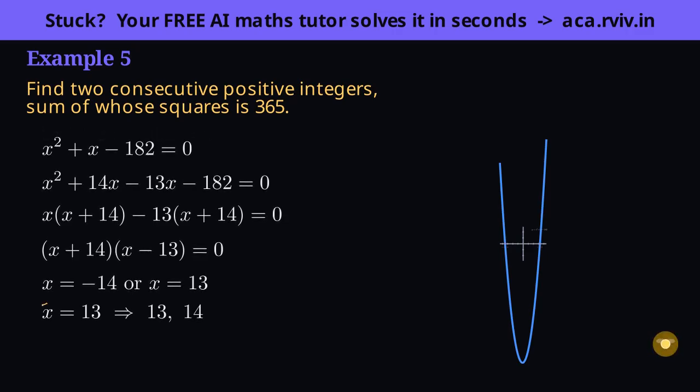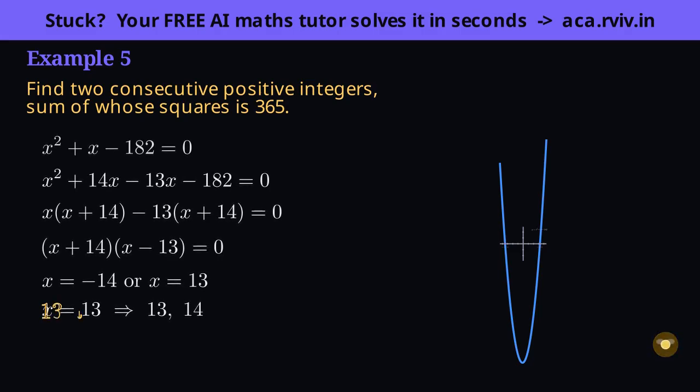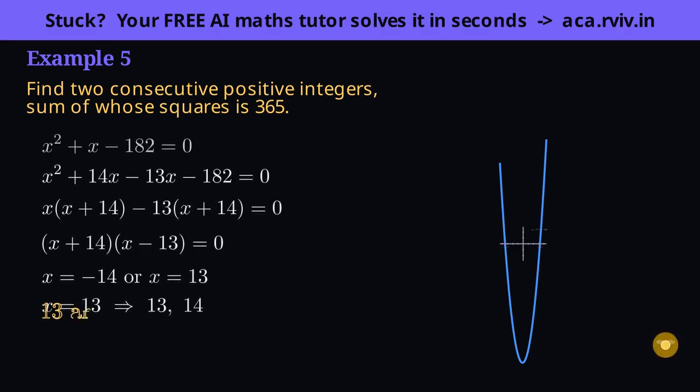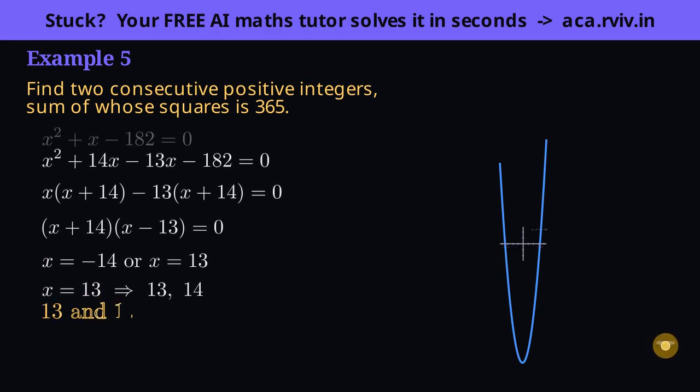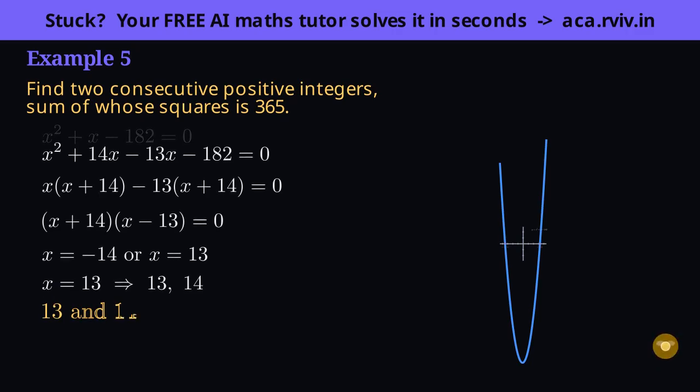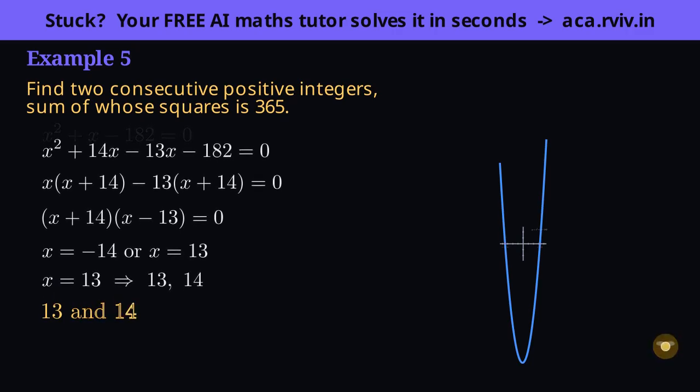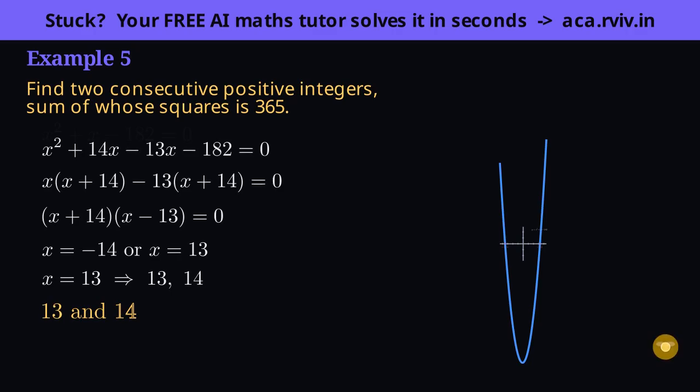The takeaway that matters for every word problem: algebra will happily hand you both roots, but the story is the final judge. Here, positive integers quietly discards the negative root. Always reread the question after solving and throw out any answer the situation forbids.